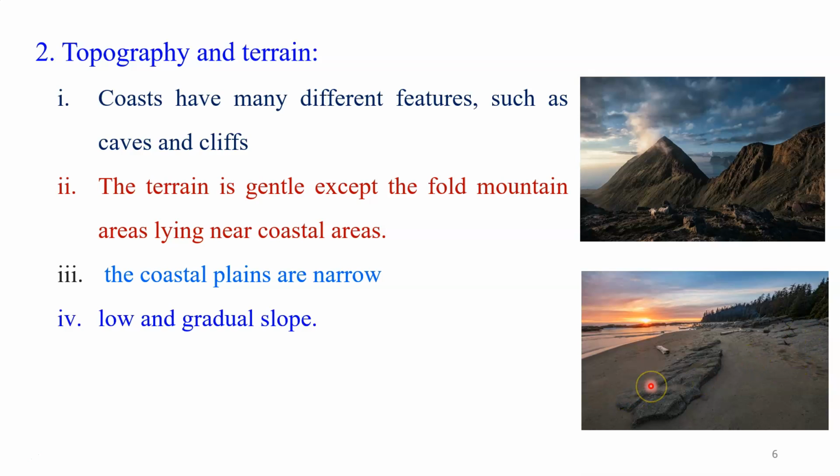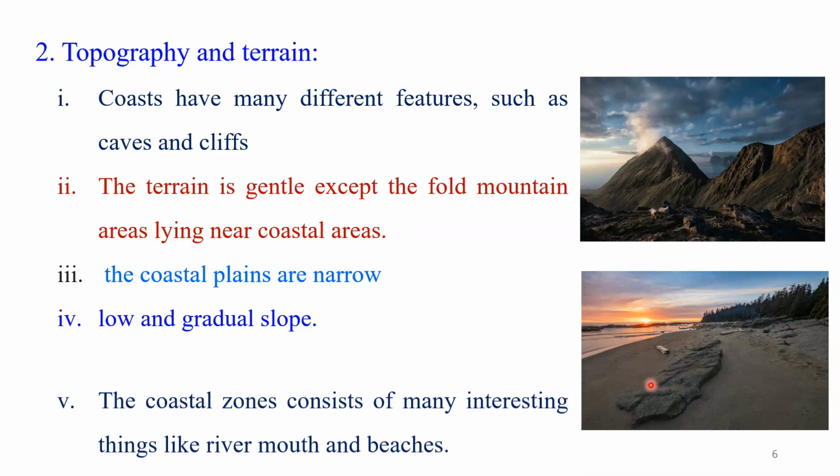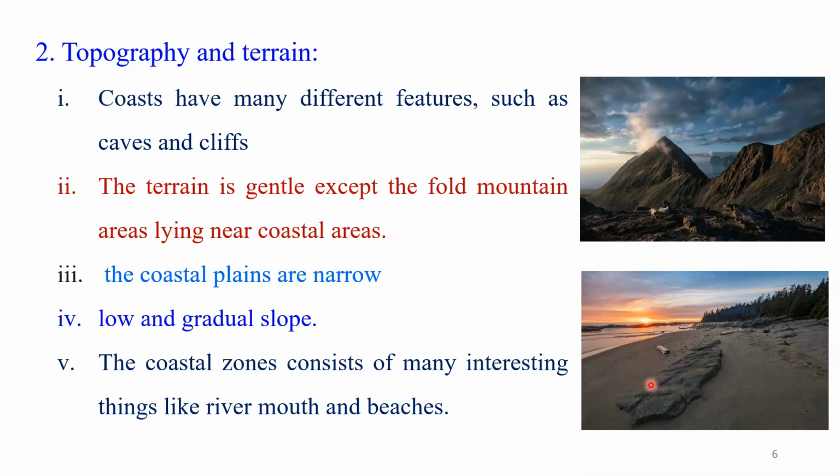You know that at sea level the height of that particular area is very close to zero, even zero, because we start the measuring from the coastal area. So nowadays the height of the coastal area is near 0 to 300 meters. Then one important thing about the coastal area is that the coastal zone consists of many interesting features like